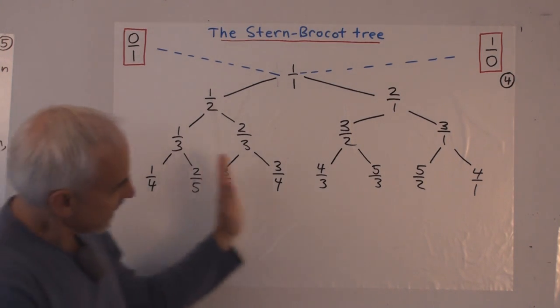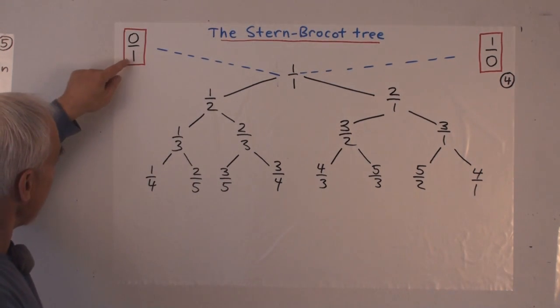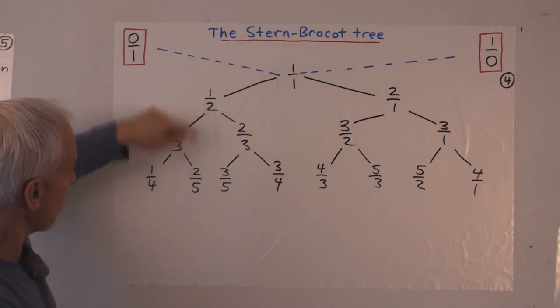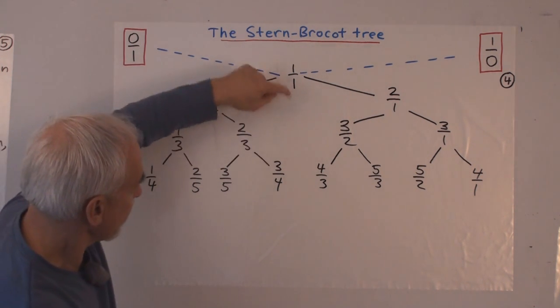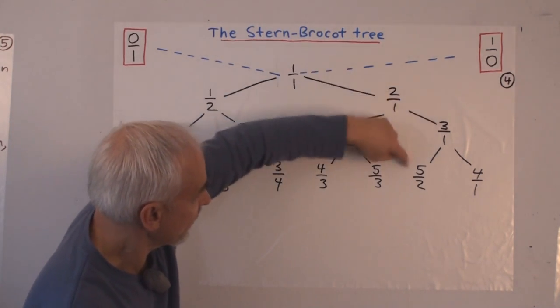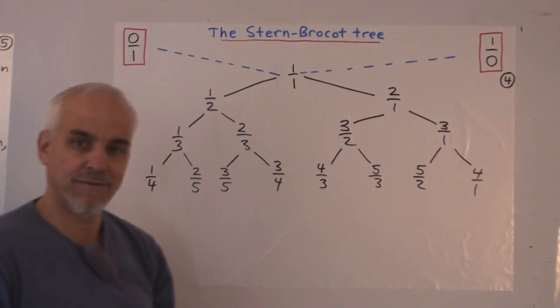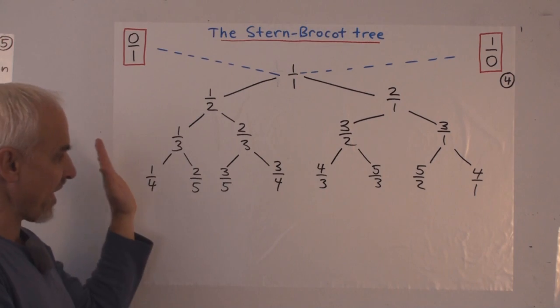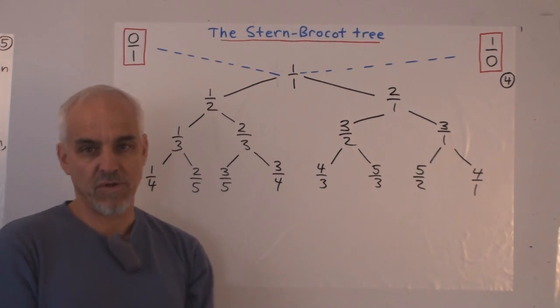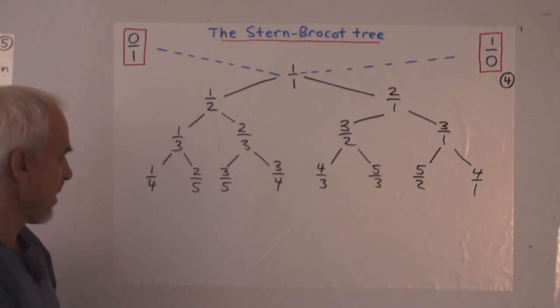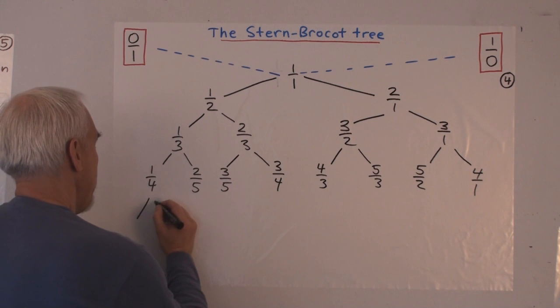Okay, so now as a complete sequence, we could read from left to right. This one, then this one, then this one, then this one, this one, this one, this one, this one, this one, then this one, this one, this one, this one, this one, this one, and this one. They're staggered up and down, but that's still the order in which they appear. All right, let's see if we do one more.